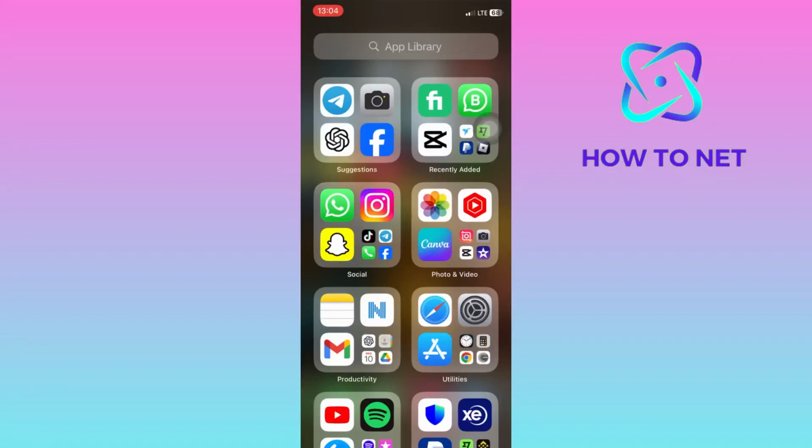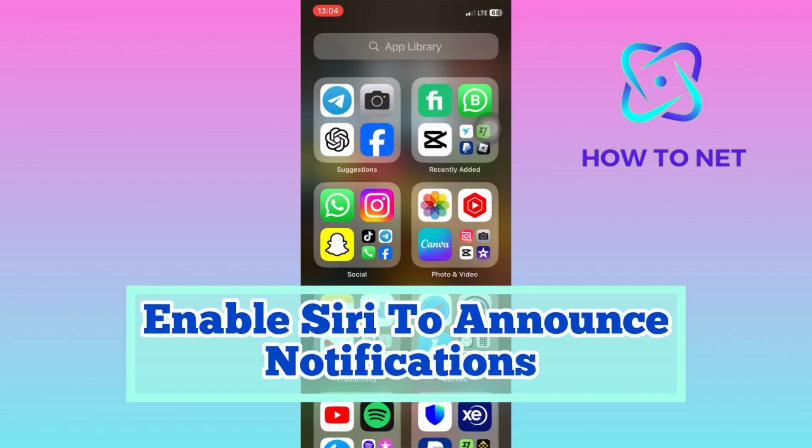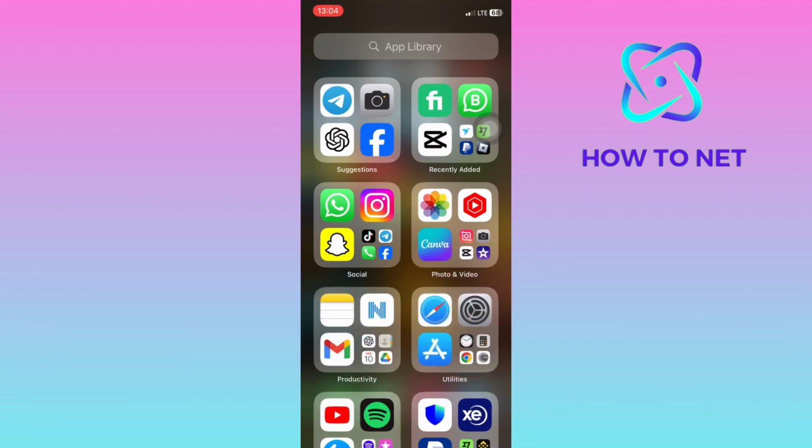In this simple video tutorial, I'm going to share with you how you can enable Siri to announce notifications. Enabling Siri to announce notifications enhances accessibility, safety, convenience, and personalization for users. It ensures timely updates without distractions, promoting safer interactions while driving or multitasking, and offers customization options for a tailored